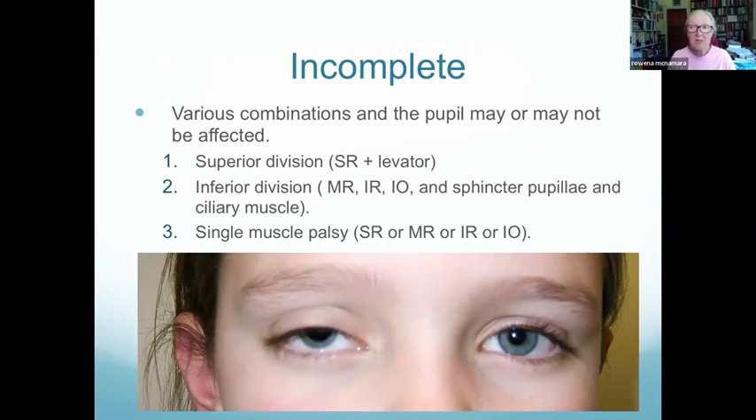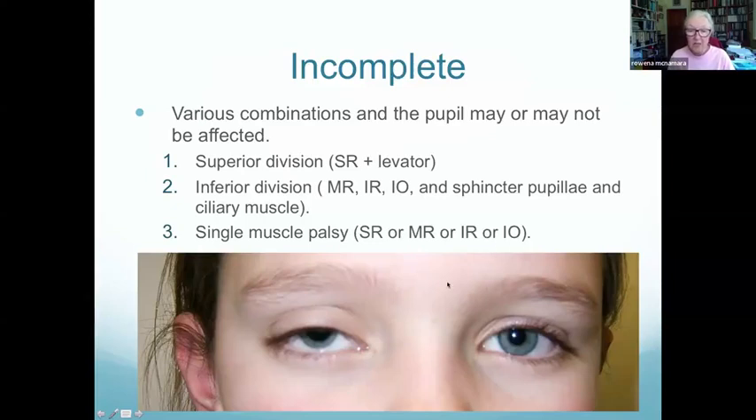I said that sometimes the third nerve palsy can be incomplete. So I said that we can have a superior division where you only have the superior rectus affected and the levator. You can have an inferior division where it is affecting the medial rectus, inferior oblique, the sphincter pupillae for the pupil, and the ciliary muscle for the accommodation. Or you can have single muscle palsies. So we may have just the superior rectus, just the medial rectus, just the inferior rectus, and just the inferior